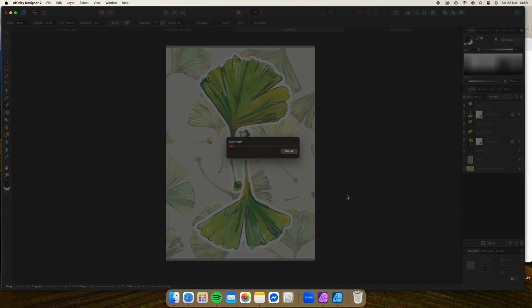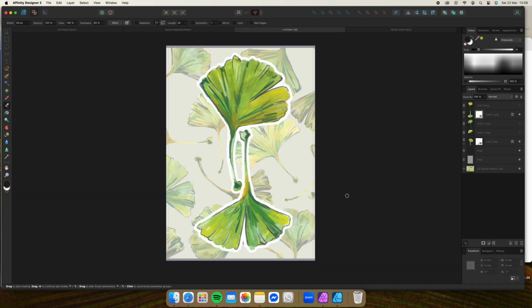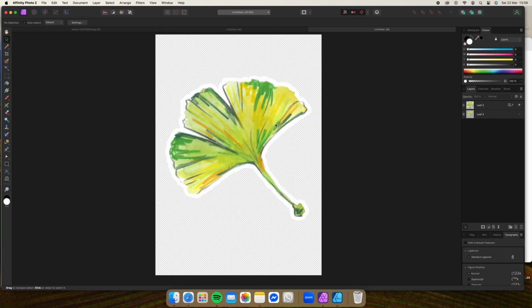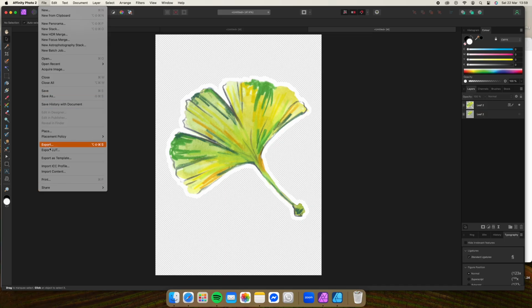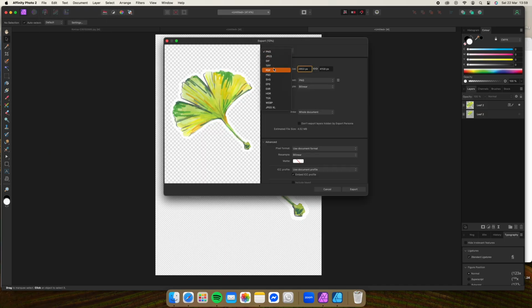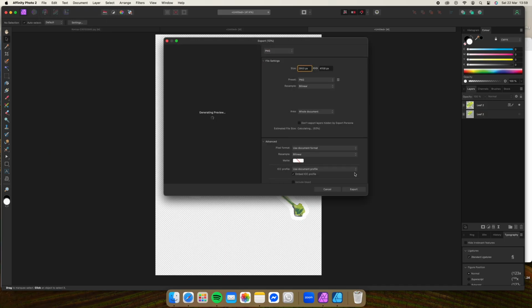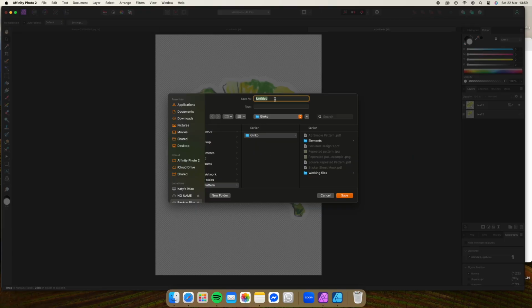But I did have to work out how the heck I do that, because it's not obvious where the eraser is in Designer. But there is an eraser, and up in the top left you can see three little tabs. The first tab is the Designer tab and the second tab is the drawing tab, so it's got the eraser and the pencil and the fill tool and all the things that you'd expect in Photoshop, but they're in the second tab on Designer.